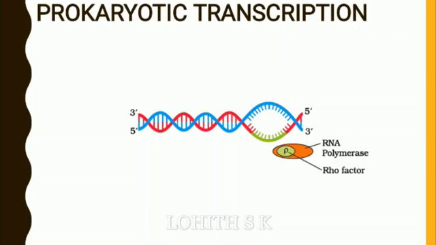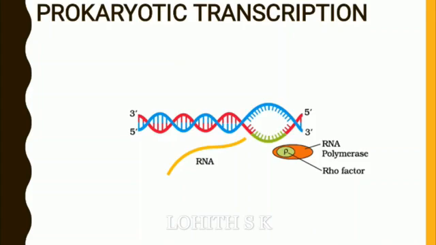So that enzyme will be removed from the DNA molecule, and the separated DNA strands will rejoin again, and this also causes the release of the RNA molecule. So the termination process takes place. Here you can see the separated DNA molecule, the separated enzyme, as well as the separated, or produced, RNA molecule.